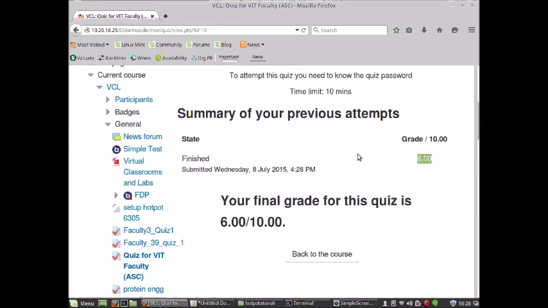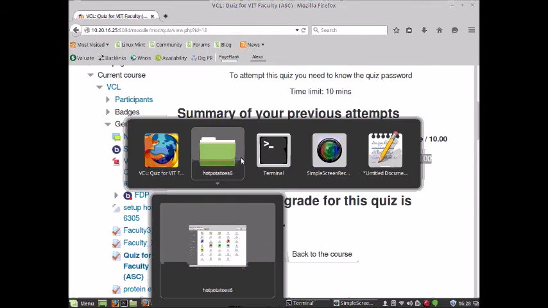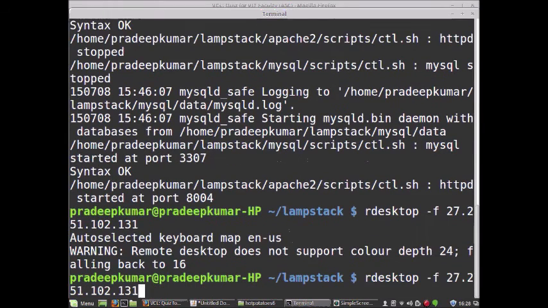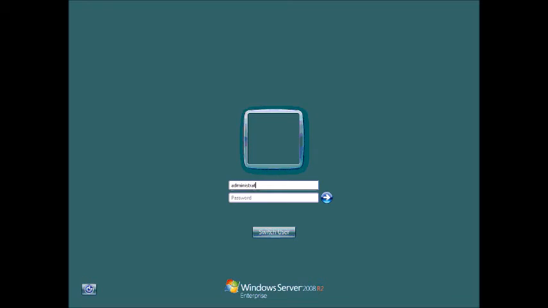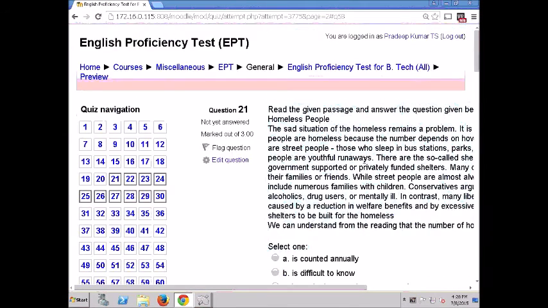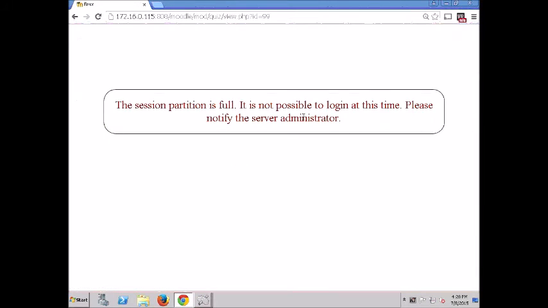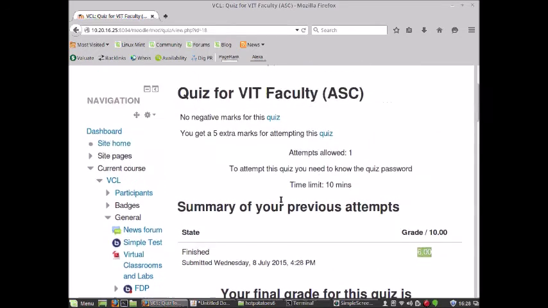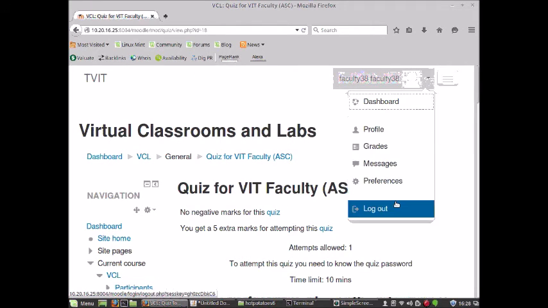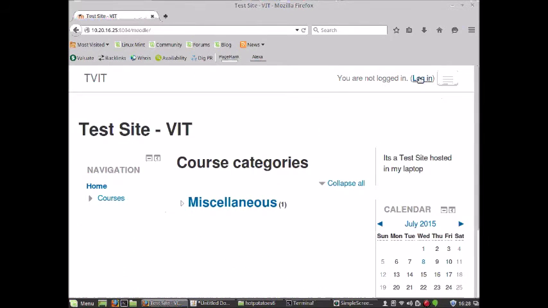So this is only for me, as a faculty I am writing the exam. But when the student is writing, it will be shown as an attempt. So when I showed you this quiz, so now what I do is, as faculty, I log out. I logged in as faculty 38, now I log in as